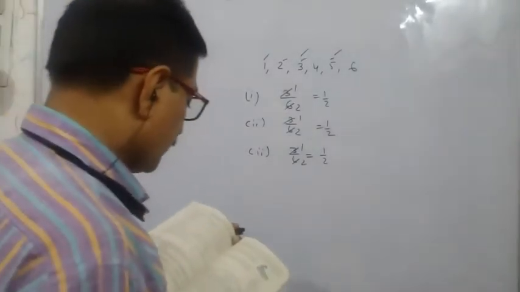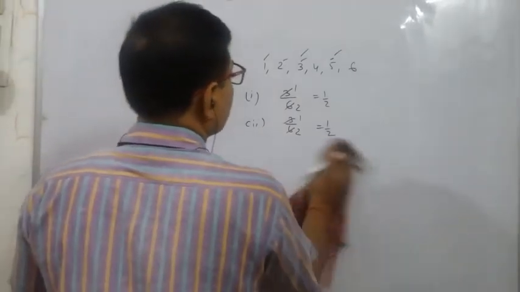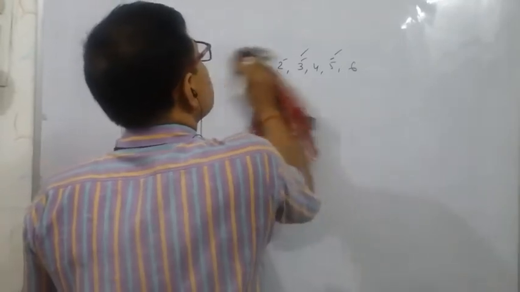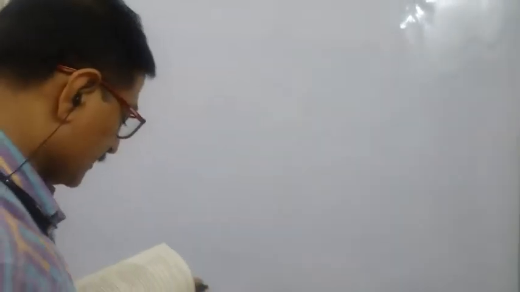One card is drawn from a well shuffled deck of 52 cards. Well shuffled deck of 52 cards means what? The total number of playing cards is 52 and they are mixed up properly. That mixing has been done properly. That is the meaning of a well shuffled deck of cards.